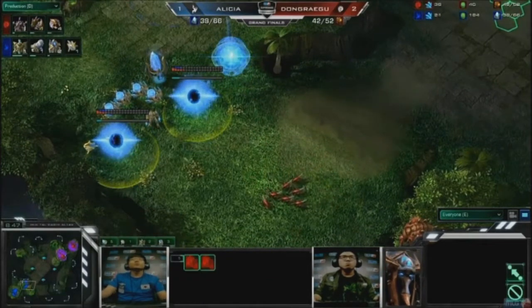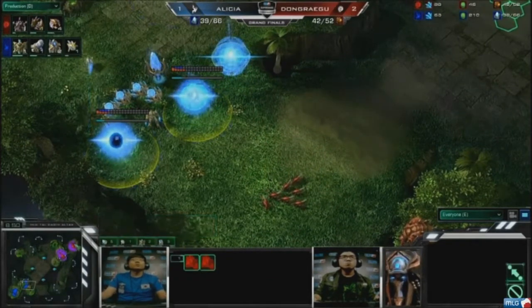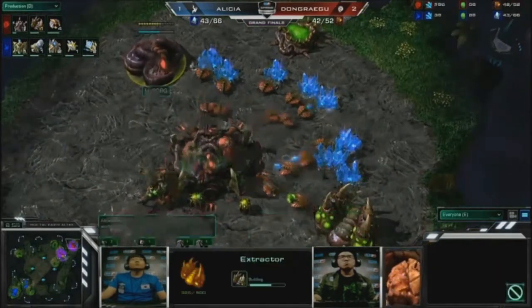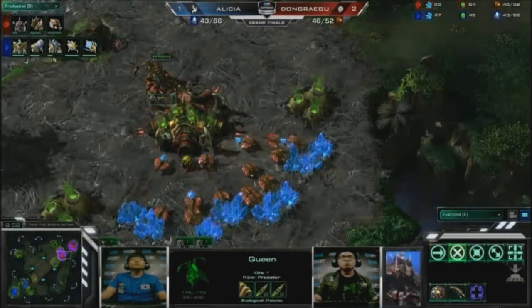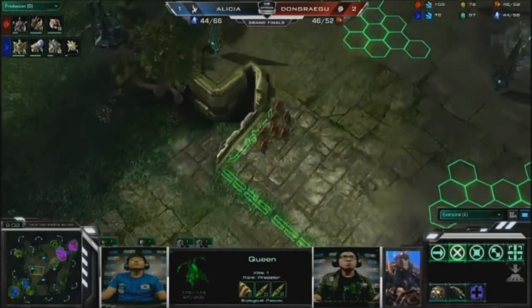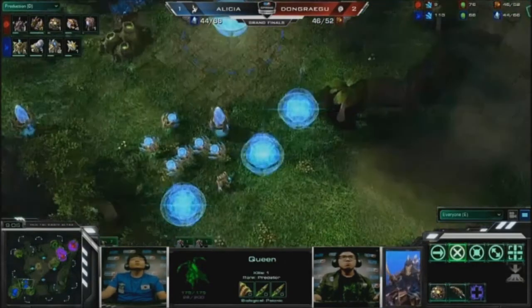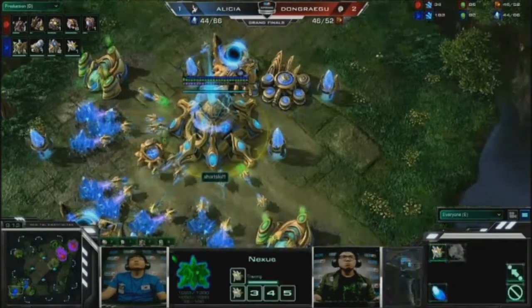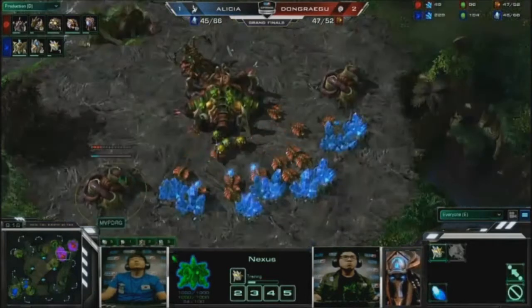He's pushed farther forward. He's going to have a second base. Now, that was a great hold. I actually thought he was going to lose. When I saw the Zerglings come from the other side, it was like, perfect force fields, man. I'm so sorry, Alicia. You know, right now DRG is going 2-base lair, and when someone goes, he's basically forced